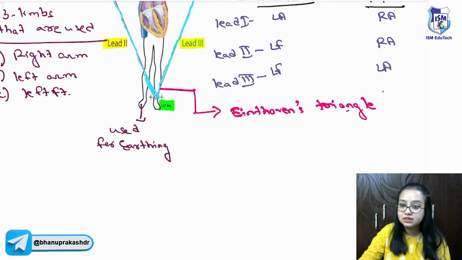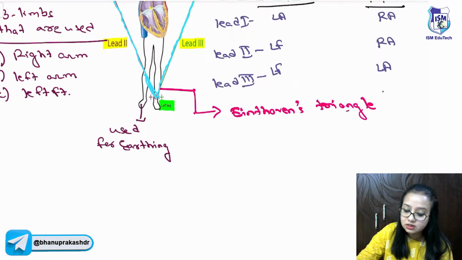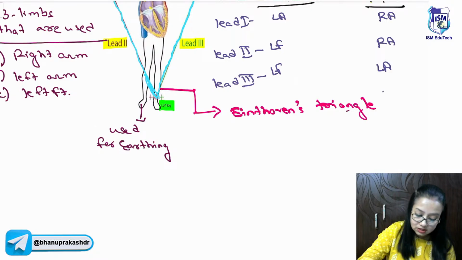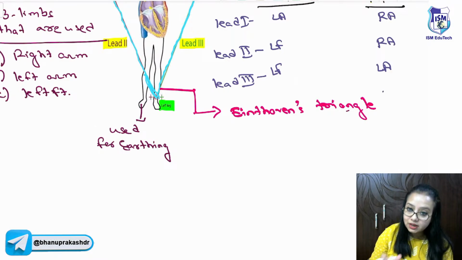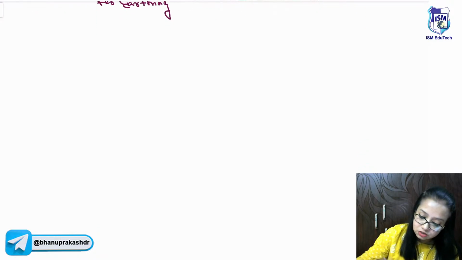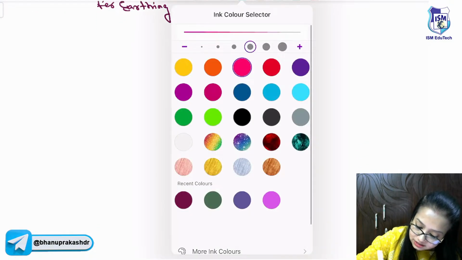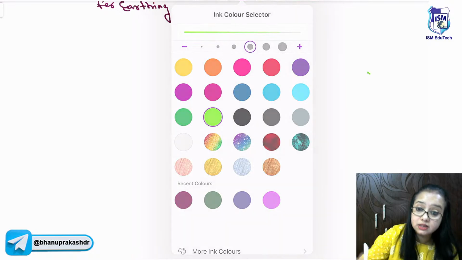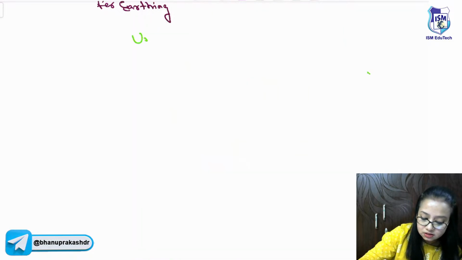Okay, it is called the Einthoven's triangle. So this is our bipolar limb leads and how they are connected. Okay. Moving on to the next limb lead, which is the unipolar